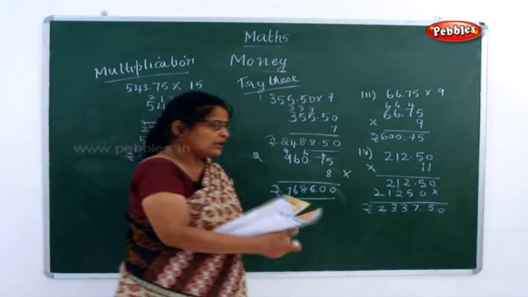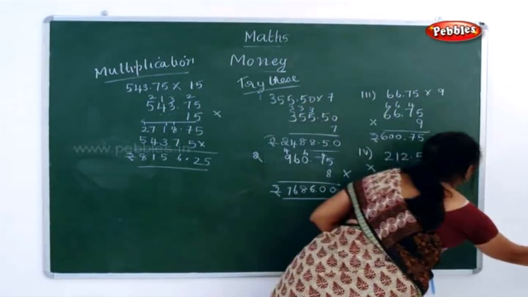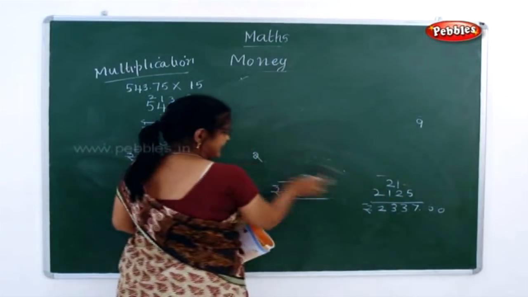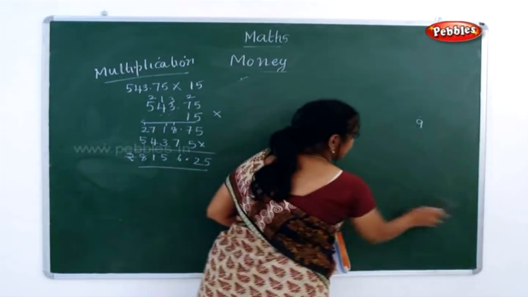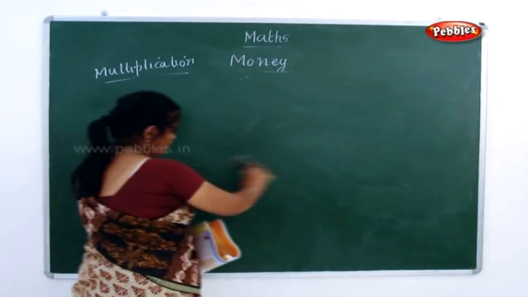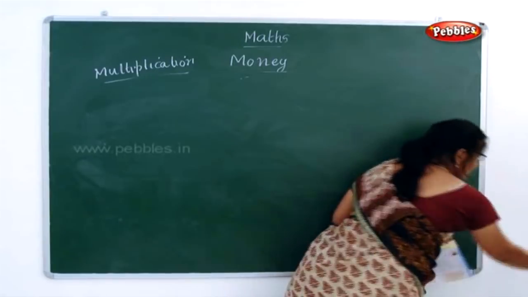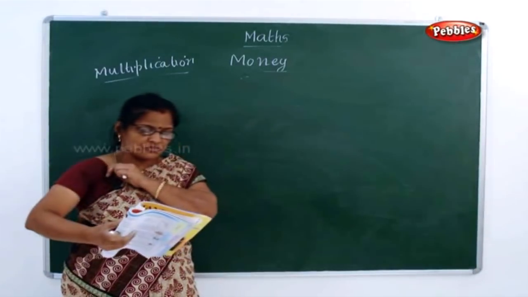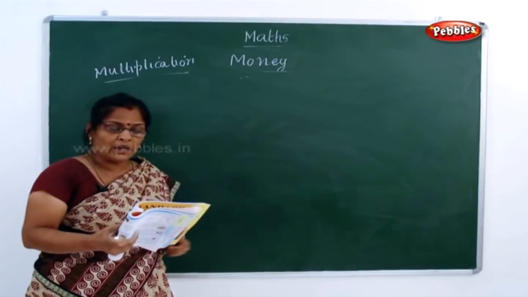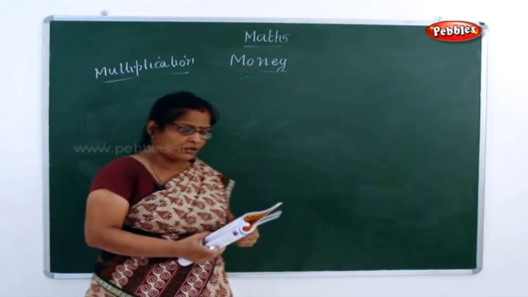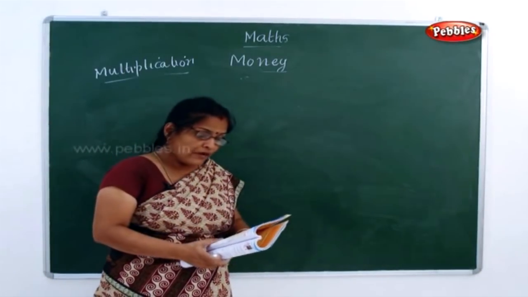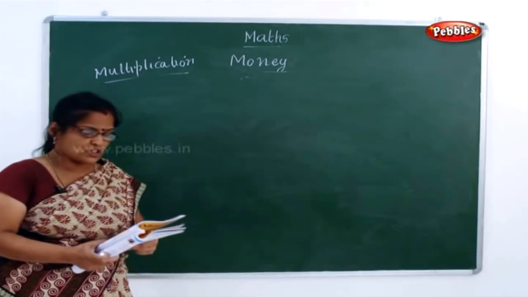Now next one we go on to statement sums in your multiplication. See now this is general multiplication you are doing. See now next one is your statement sums. In the statement sums, the cost of 1 pen is rupees 15.50. That is 15 rupees and 50 paisa. Find the cost of 7 such pens.